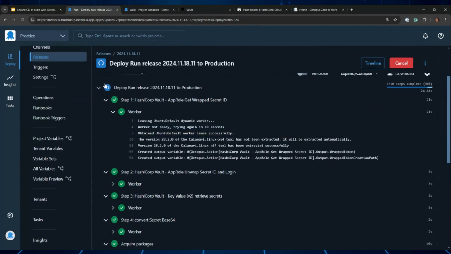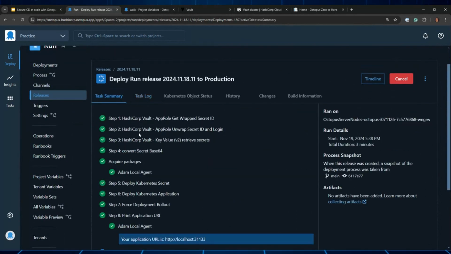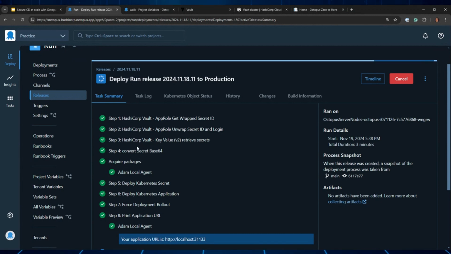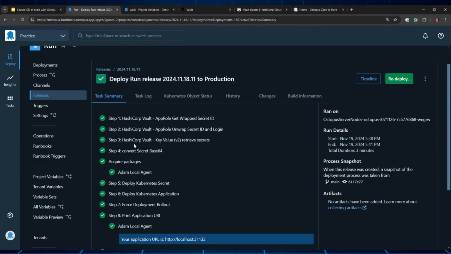We can see here from my task summary, okay, what's happened is we've logged in to Vault, okay, and we've pulled the secret back using this step here. And Octopus has then used that secret to inject that into my deploy Kubernetes secret step, right? So you can see again, we've logged into HashiCorp Vault. We have pulled the secret back that we want for this application, and then we deployed the secret out and the application. Okay,